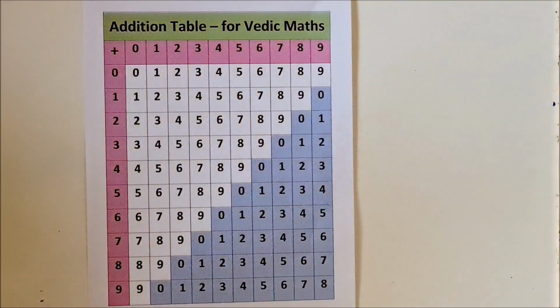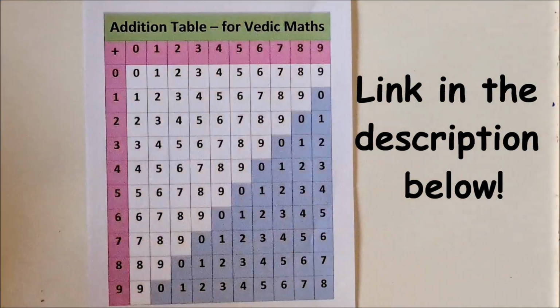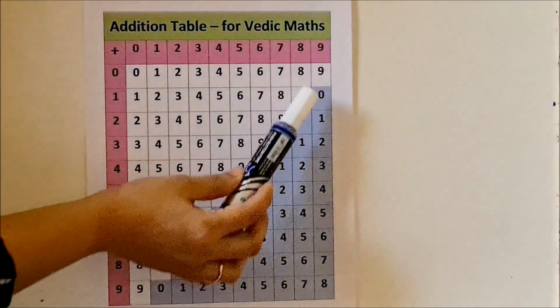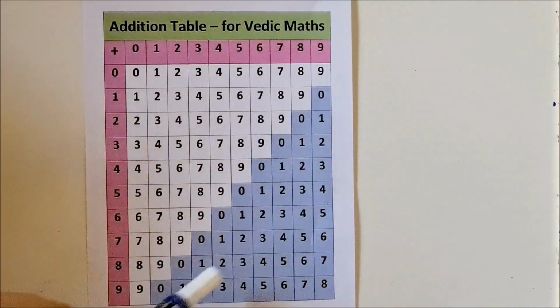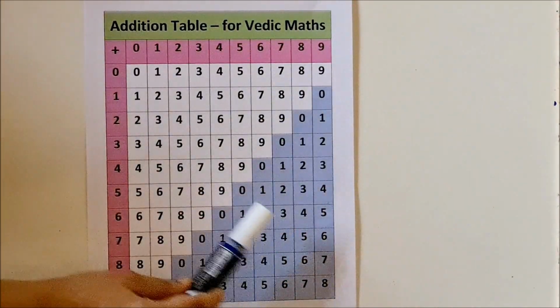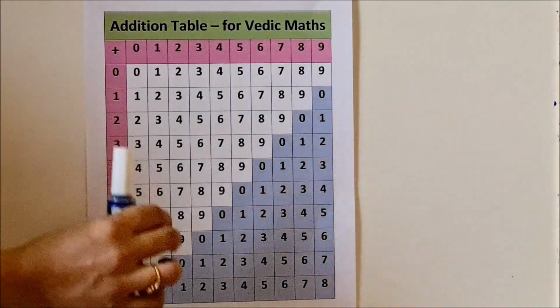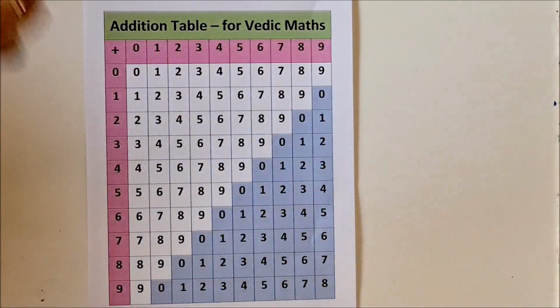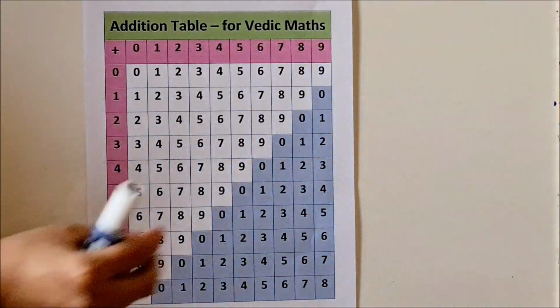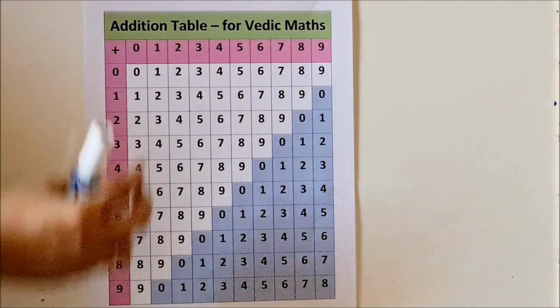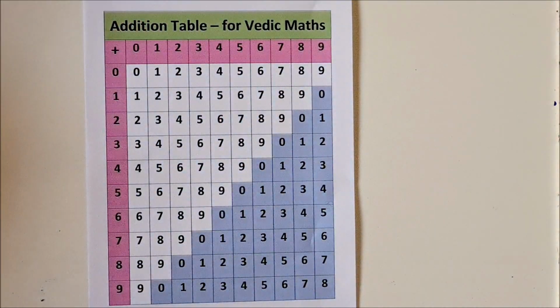That addition table we saw earlier, I changed it slightly for Vedic maths reference. So as you can see, these dark colored boxes, or these blue colored boxes, are actually 2-digit sums. But I have removed the first digit, or the tens place digit, of these numbers so that you know what is the end number for each of the addition pairs.